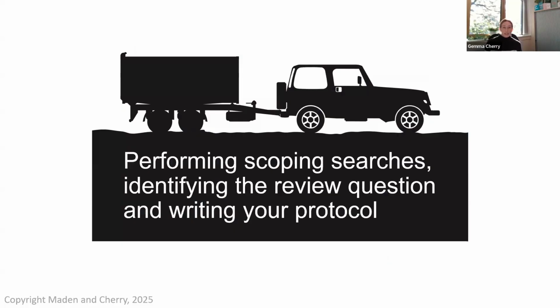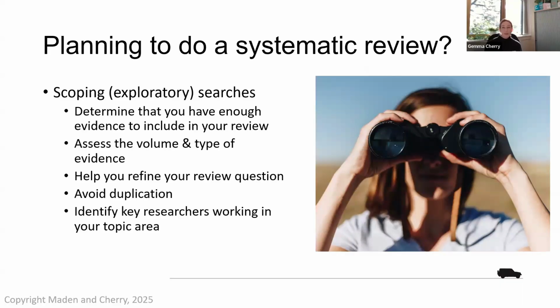So before you start a systematic review, you need to perform scoping searches, identify your review question, and write your protocol. So scoping searches are really helpful. Scoping searches are preliminary literature searches that aren't usually as comprehensive as the main search for evidence that you'll perform later, but rather they're performed to determine that you've got enough evidence to review,